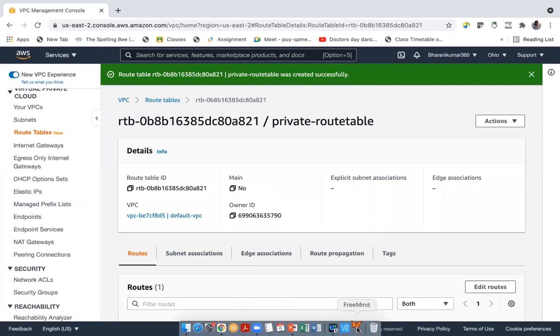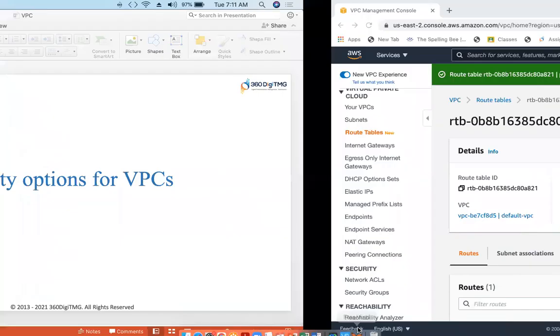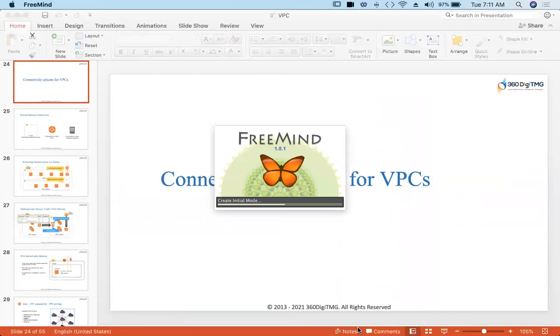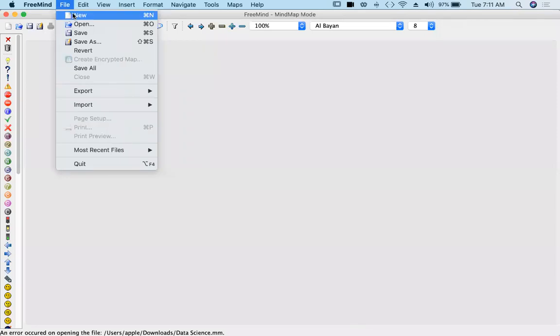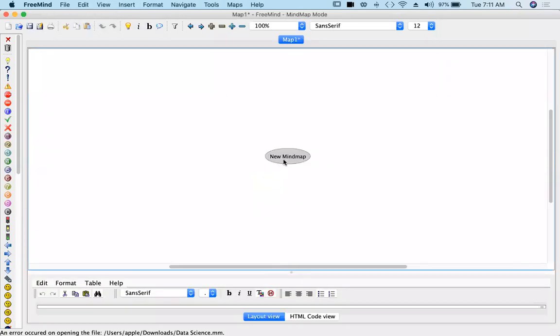So what we have done. We have VPC. VPC stands for Virtual Private Cloud. And when you create a VPC by default, you will get a main route table. So let's say VPC.